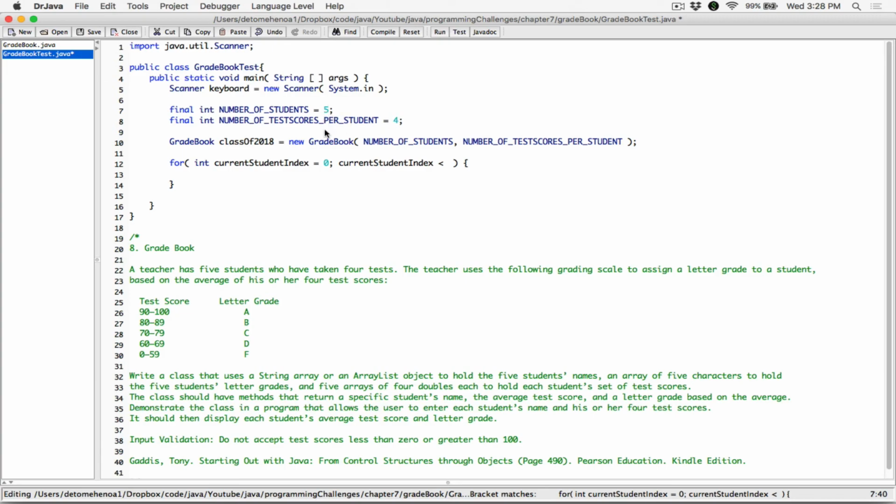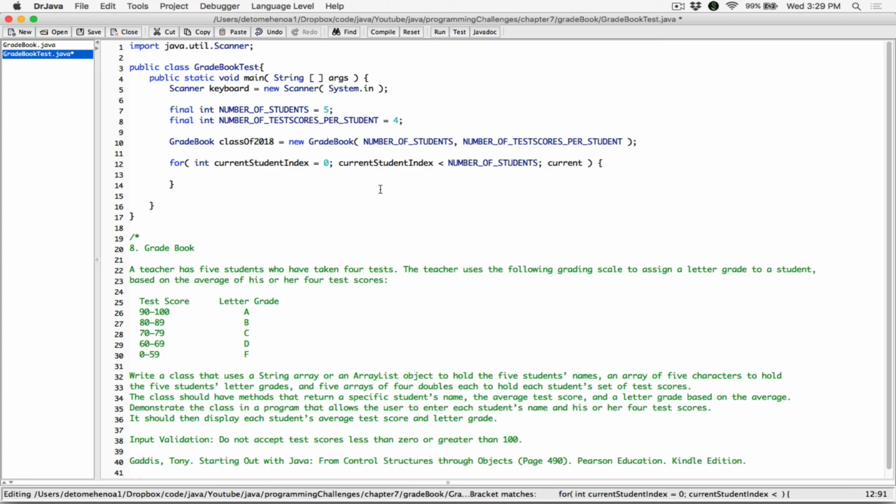So we can use this value to represent how many arrays are in this two-dimensional array, and we can use the number 4 to represent how many slots are in each of the arrays. So for int current student is equal to 0, as long as the current student is less than the number of students,